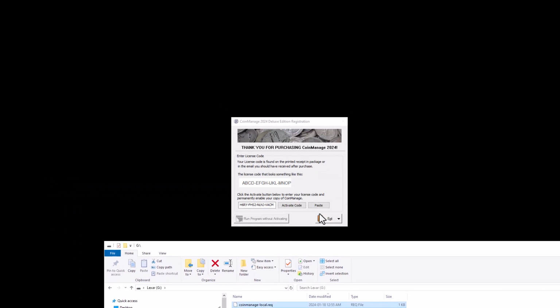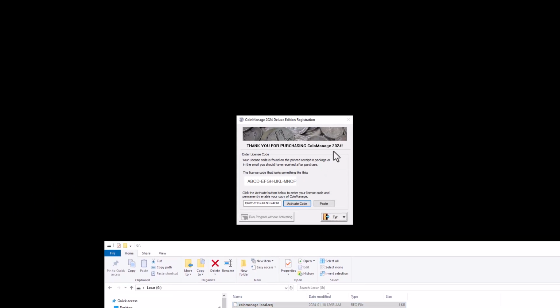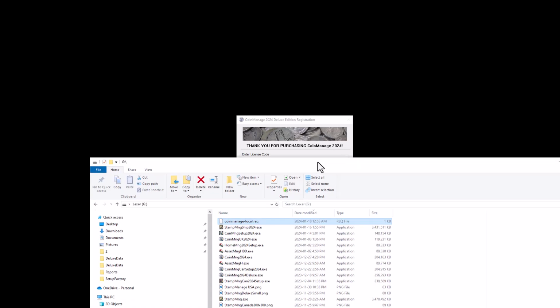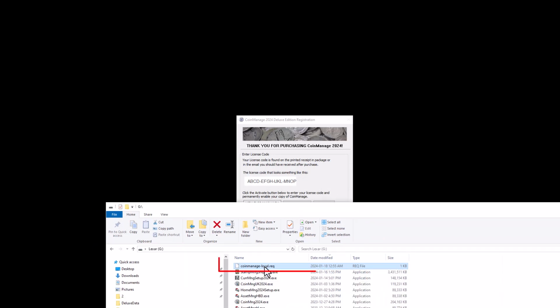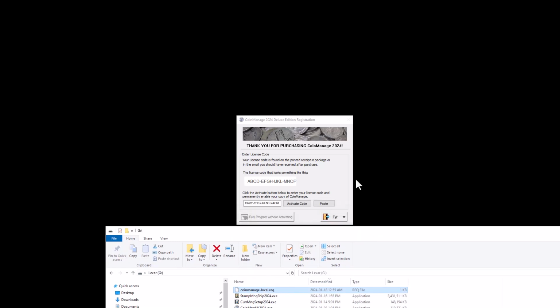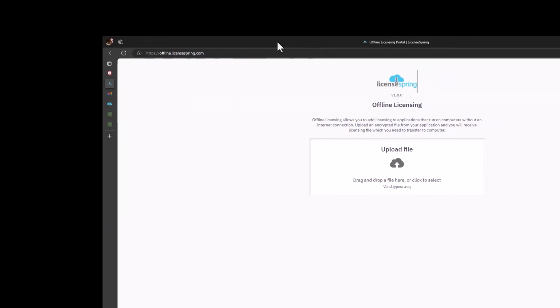Now the second step, and this is kind of confusing: if you're not connected to the internet at a particular time, it's not going to work. But if you're not connected to the internet, you're going to email us this file. We're going to create what's called a response file and email it back to you. But if you do have internet access, you're going to go to